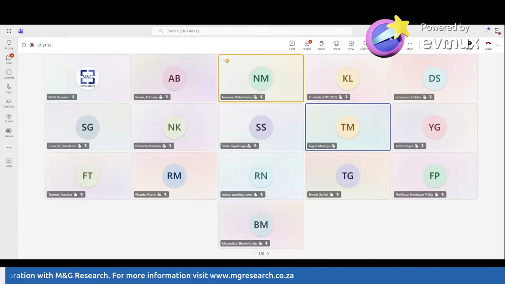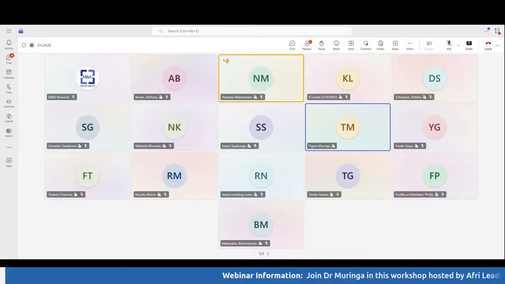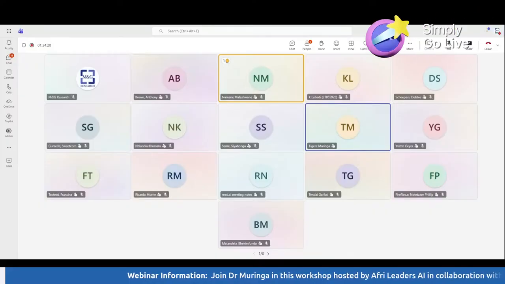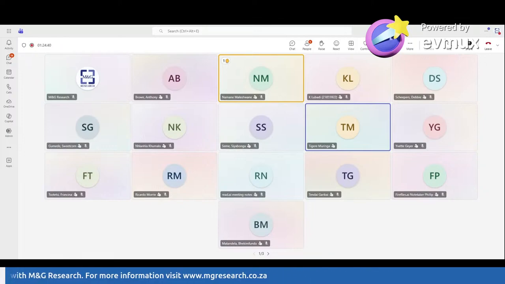Those are issues we are still grappling with as researchers in terms of data, right? But the data is normally encrypted both in transit while being uploaded, and at rest. It stays in their servers, right? For example, your ChatGPT, it stays in their servers, and because we do not have local servers,